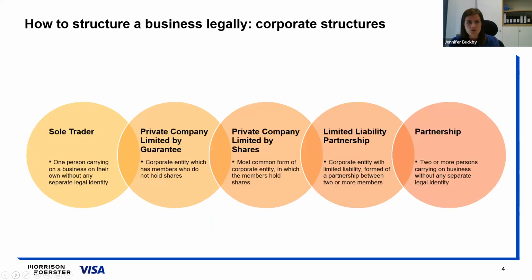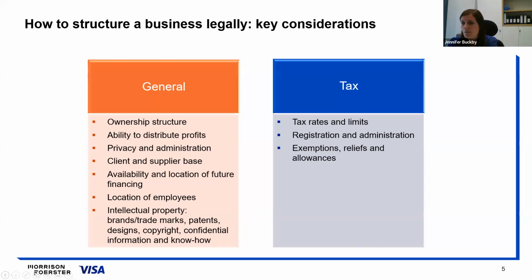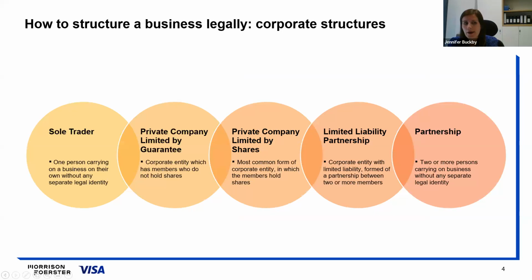The first topic we wanted to cover was corporate structures. And appreciate a number of you may have already been incorporated. But here we were just setting out the 5 key legal structures that you would typically see for companies. It doesn't cover all the legal structures. For example, this doesn't include a charitable incorporated association. But the 5 key ones are set out here. So you've got sole trader, one person carrying on their own business, the private company structure, whether shares or limited by guarantee. And then at the end of the slide, partnership style structures. So if we move on to the next slide,